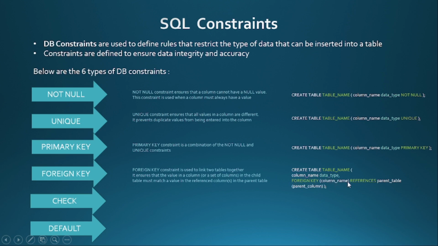Foreign key, the column name, references the parent table. This is the parent table name and parent table column name, to which parent table column we are going to link with this foreign key constraint. All these we will see in depth practically in later sessions. So that will be more